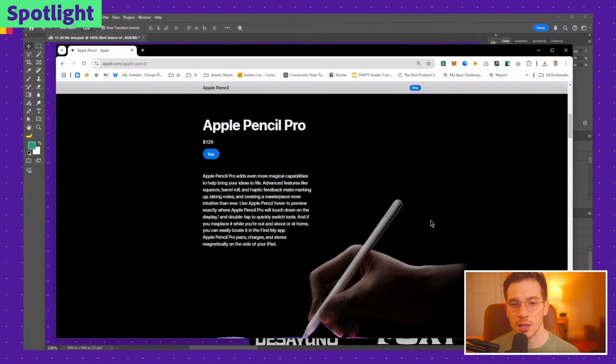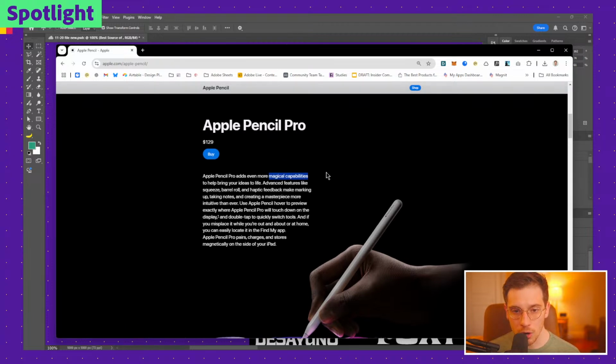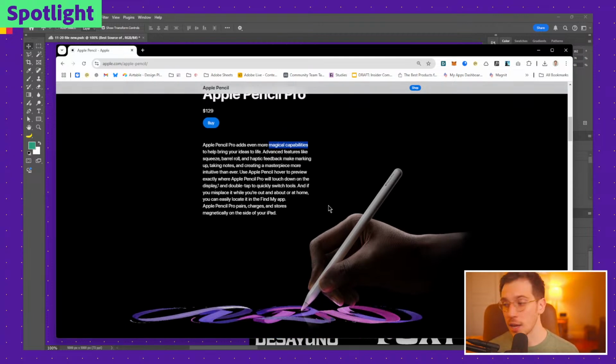But some of the cool things that are magical capabilities for the Apple Pencil Pro, which make it different than the one that I have just regularly for my iPad from last year, is it has a few functions that work specifically in all apps, but Adobe has also made a really good point to add them to Fresco. And if you're not familiar with Fresco, Fresco is the entirely free app from Adobe. There is no Creative Cloud subscription required to use it for all of its capabilities. You can even bring in your